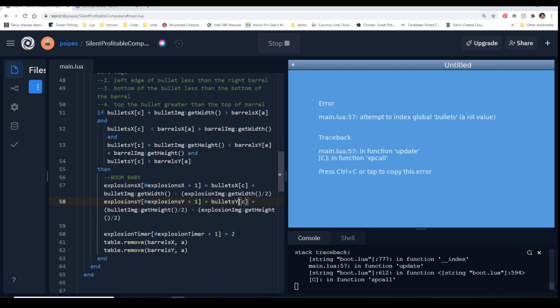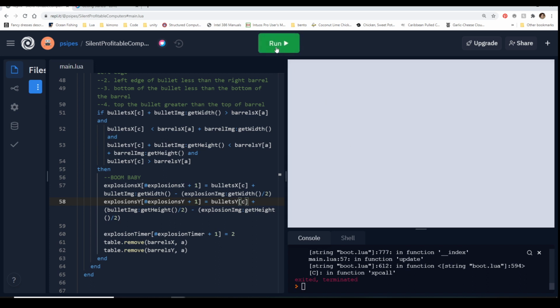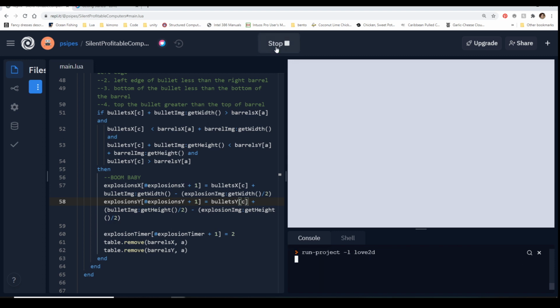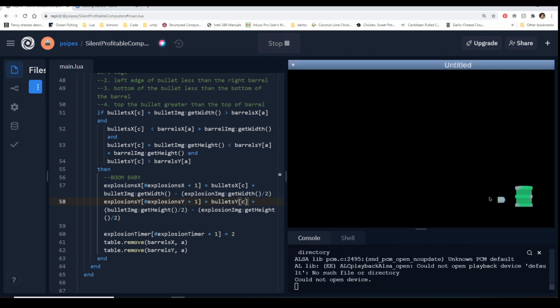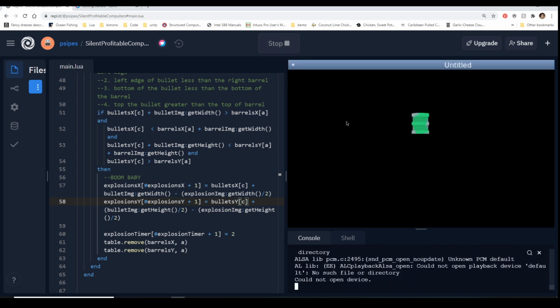And that's just a me error. That's not something that it will catch every time, because the way that Lua works is, you have this random new variable? Awesome, I love it. It doesn't see it as a bad thing, like, say, Java or C++ would. So now we actually have it working. See, we've got our explosion cloud when we hit the barrel. So again, boom. Life is good. It's doing basically what we wanted to do.